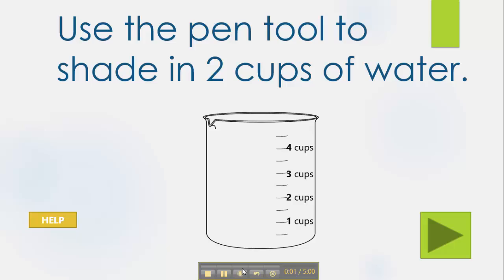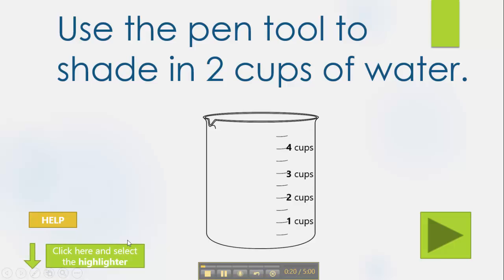In this activity, you'll also be asked questions about measurement. And to do that, we're going to use our pen tool. In this example, it says use the pen tool to shade in 2 cups of water. To do that, we're going to use the pen tool. And if you need help to find that, if you click help,